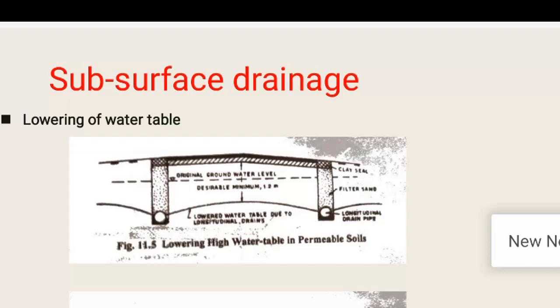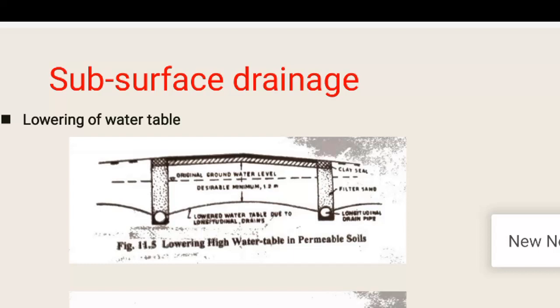In places where water table is high, almost at ground level, the best remedy is to take the road surface on embankment of a height not less than 1.2 to 1.5 meter above the ground level. That's why we mention highway. The way is at a higher elevation than the ground level. When the formation is to be at or below the general ground level at cuts, it is necessary to lower the water table so as to keep the subgrade as dry as possible.